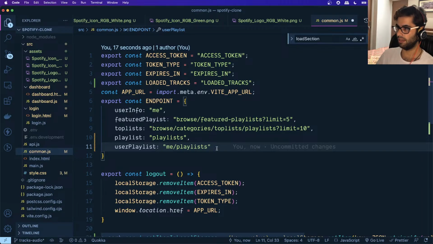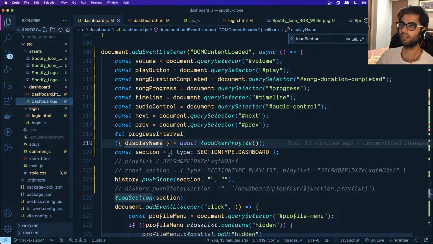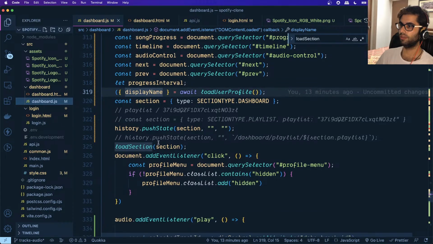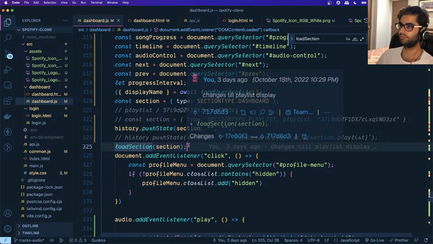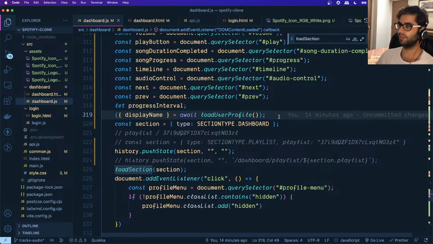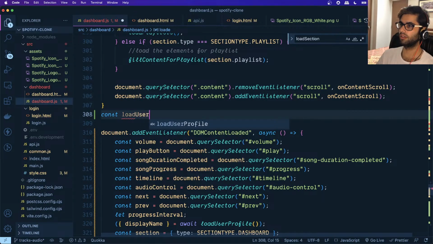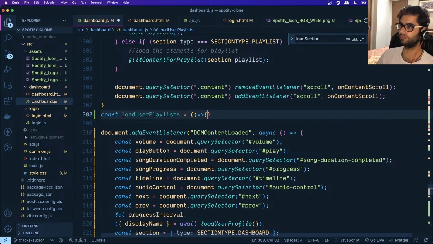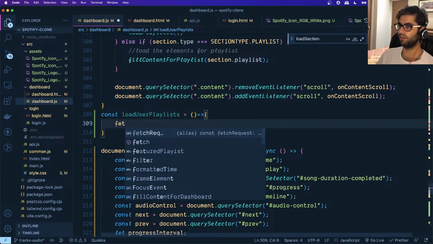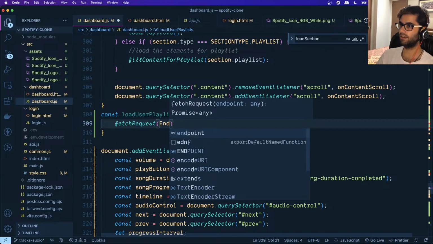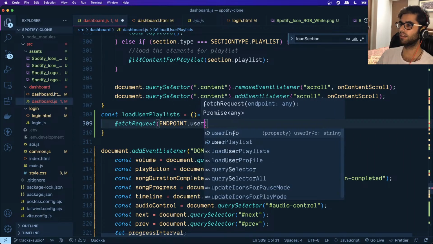Okay, me slash playlist. So we have an entry for that. And what we want to do is get the user's playlist from this API. So here, let's call that function. Let's create a function, const load user playlists equals. We will call the function fetch request, give it the endpoint which we have created, user playlist,